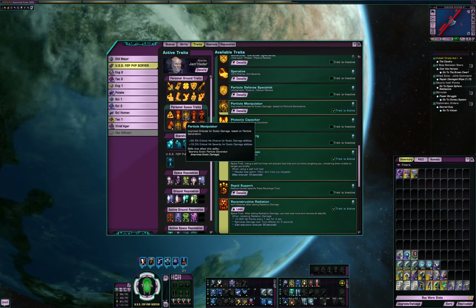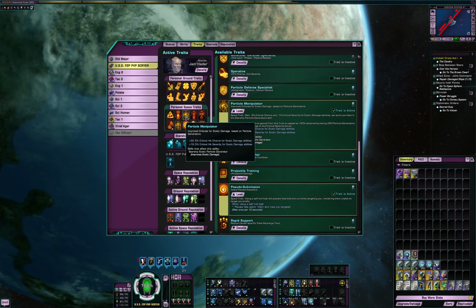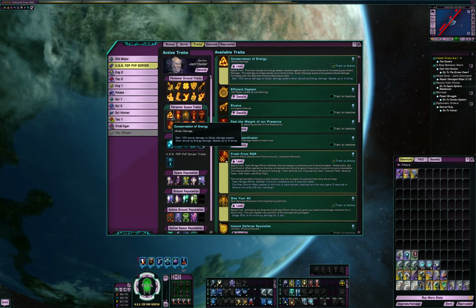On the offensive side of things, this is a science build, so I'm of course using Particle Manipulator. Since this is a Gem Hadar character, I had that unlocked right off the bat from creating a new character, so that's an easy choice. And since I'm a science captain too, I'm also using Conservation of Energy, which adds bonus exotic damage when I